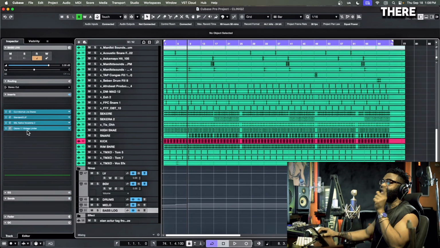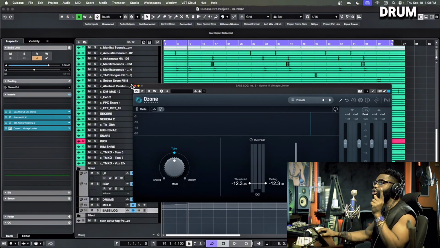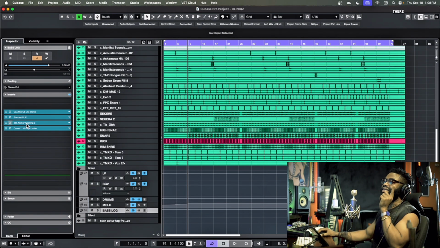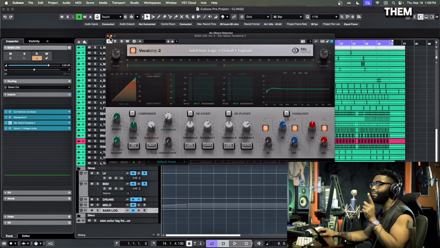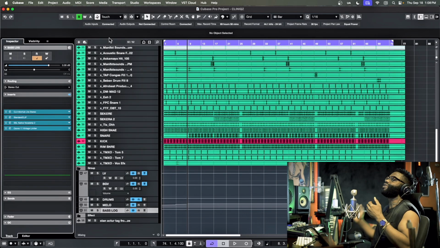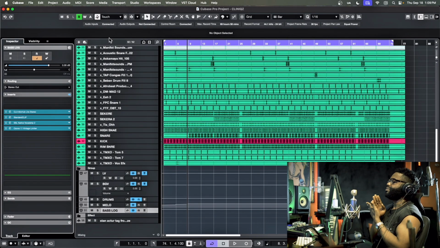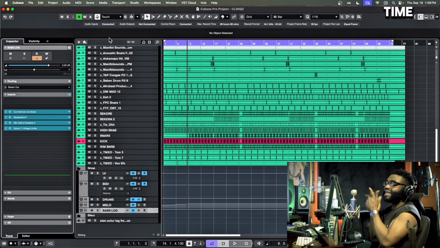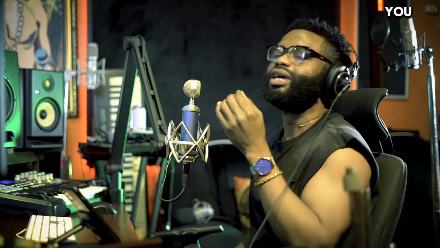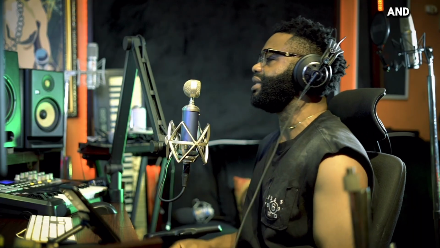Can you see it? There is a limiter in my log drum. In my bass, there is this guy, but I'm not using them. So I'm trying to shift them almost the same time. I'm trying to put them in time. So if you try this, I'm telling you, you must come back to this channel and testify.